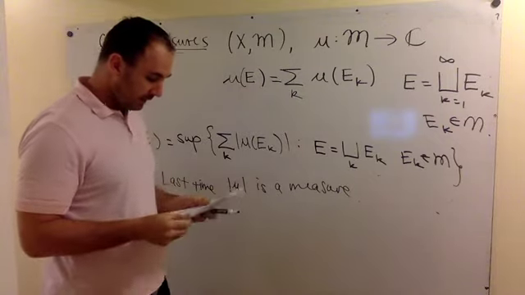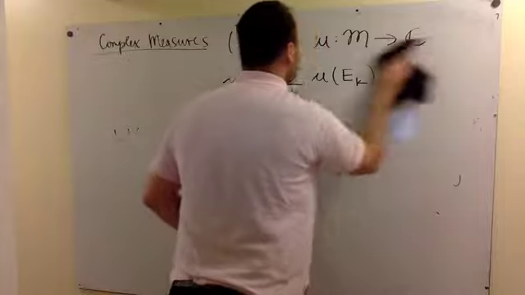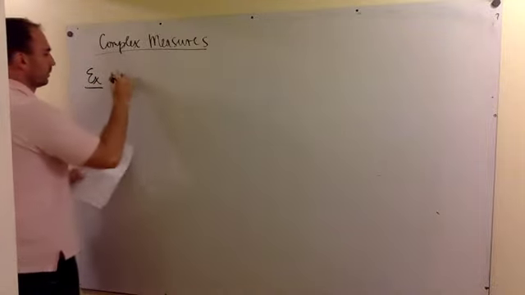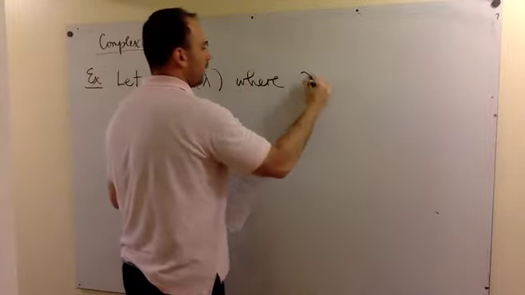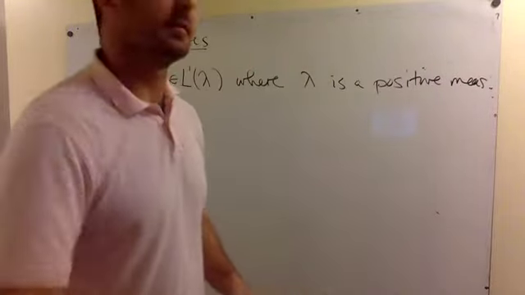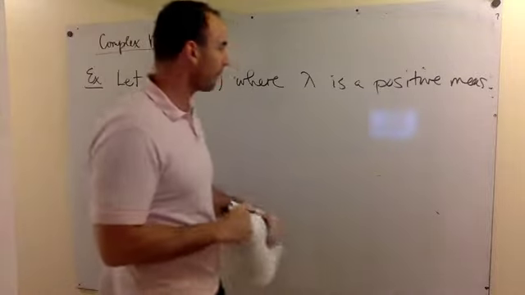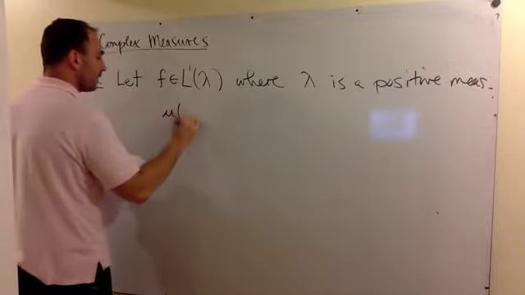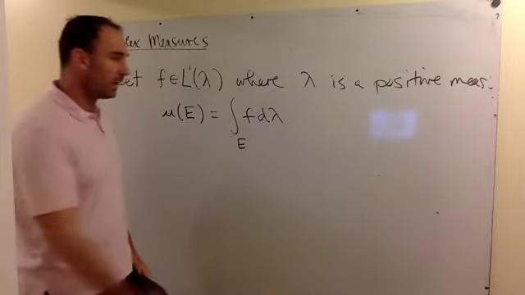And so this uses this funky, oh, and actually before I do that, let's just do a little calculation here. So if I take L1 of lambda, where lambda is a positive measure, recall that we have to use this adjective about positivity because when I say measures, technically that can mean real, complex, or positive, okay? But if I take a lambda where lambda is a positive measure, and I define a complex measure like this is the important example, then my question is,